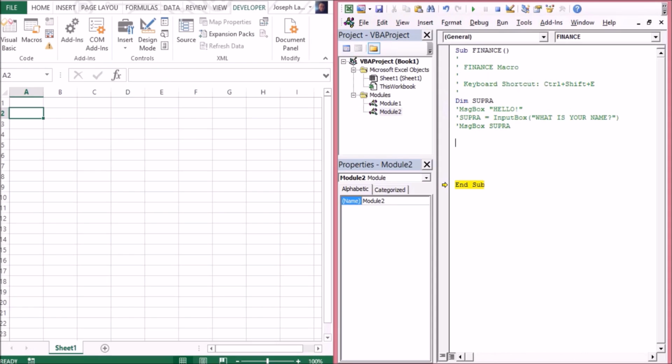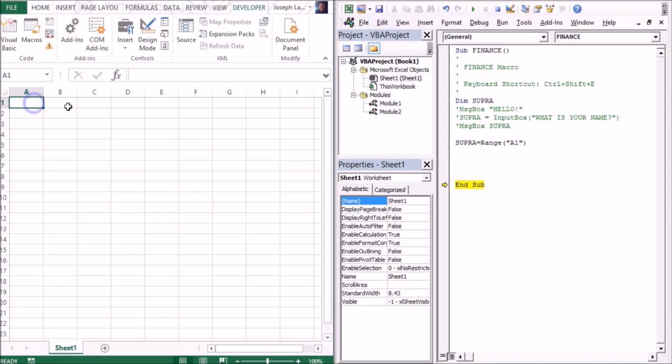The first one is the Range command. So I can say Range, open parenthesis, and in quotations, let's say column A, and then I'll add in row 1. And I can even say supra equals whatever is inside of A1. In this case, I'll type in Corvette,